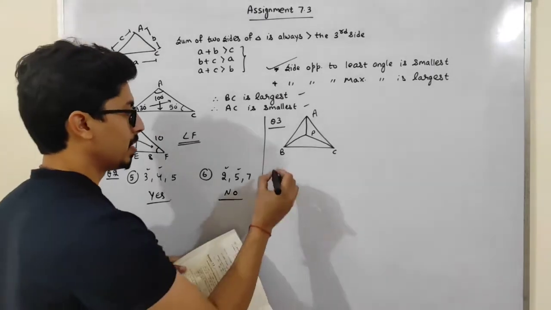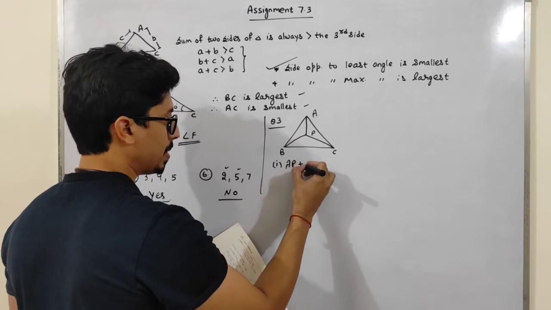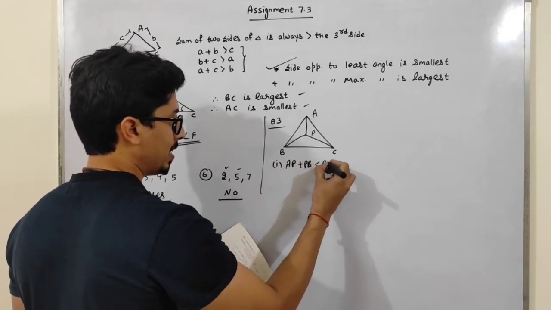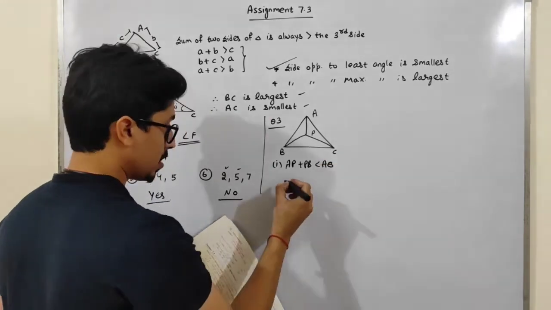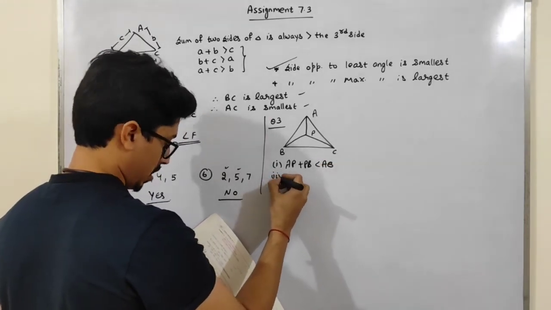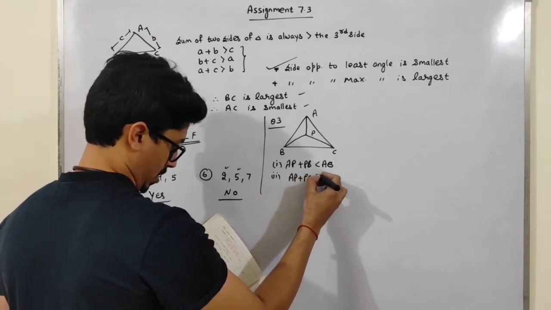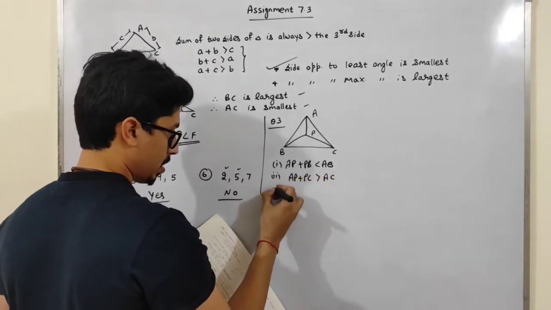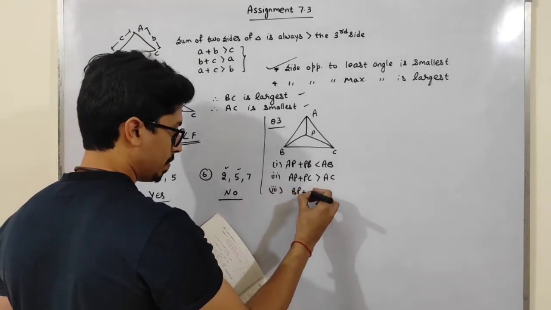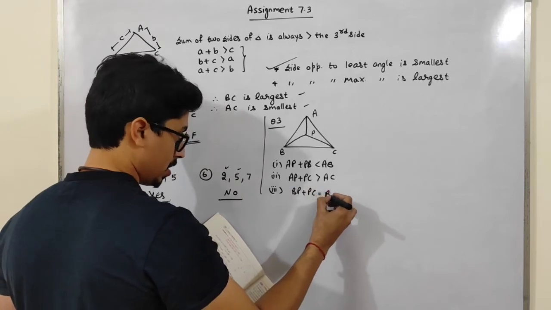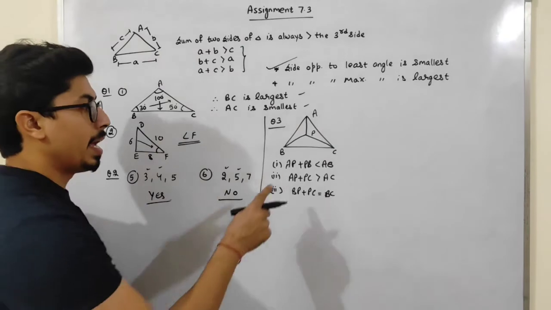Okay. The first part is AB plus PB is less than AC. Sorry, AB. Next is AP plus PC is greater than AC. Third is BP plus BC is equal to BC. Now just see, students,